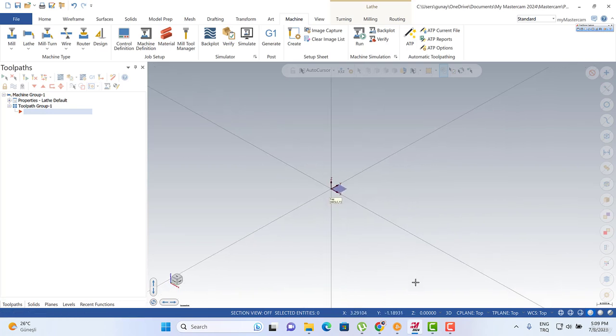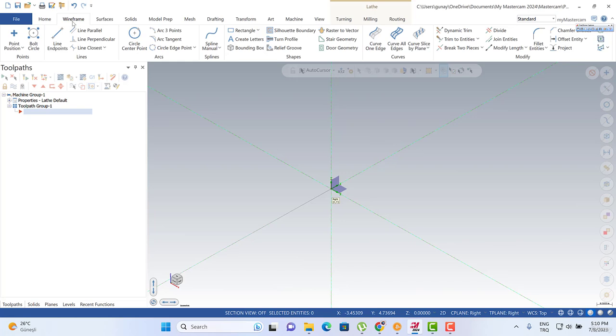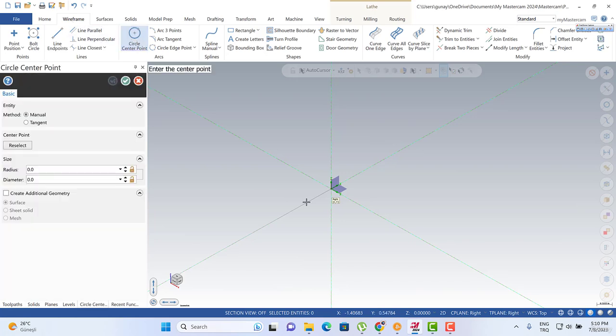When we turn to the isometric perspective, we can turn to the 2D. This is the plane approach design process used in Mastercam. So after that, I can turn to here to change my C-plane. This is my C-plane, which can be front or right. I can easily turn to the right C-plane, and then let me create my wireframe. Okay, for example, I can create some circle with diameter 1 millimeter,